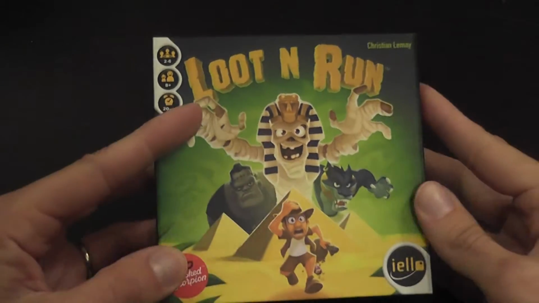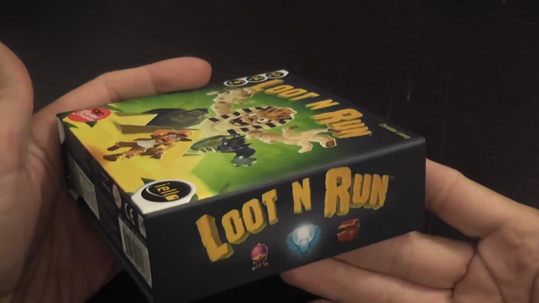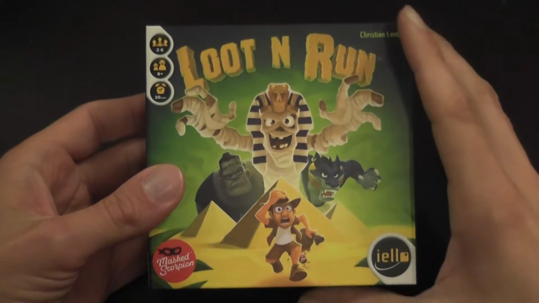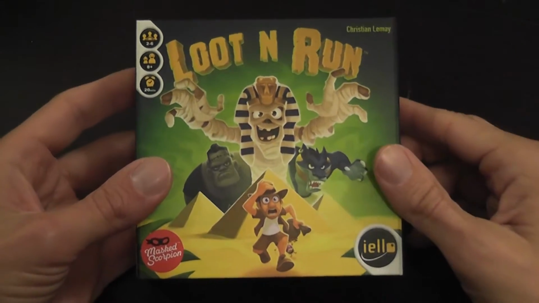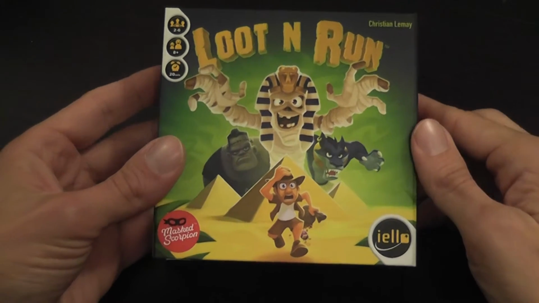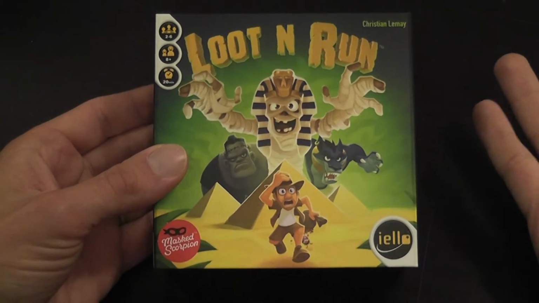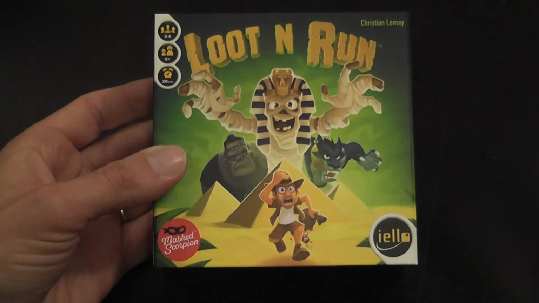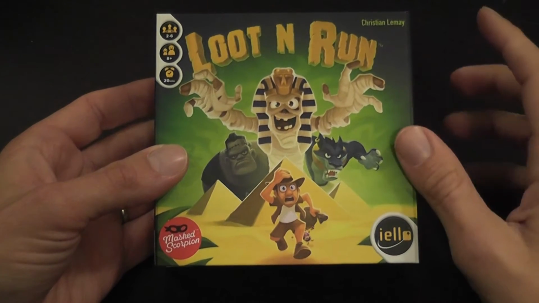Loot and Run, a small game, very small, very portable, as you can see, by Aiello. The theme is about looting pyramids. You're going down the pyramids, looking for treasures, and you want to run away with them before the monsters do bad stuff to you. But everybody else is doing the same, so you also have to worry about what the